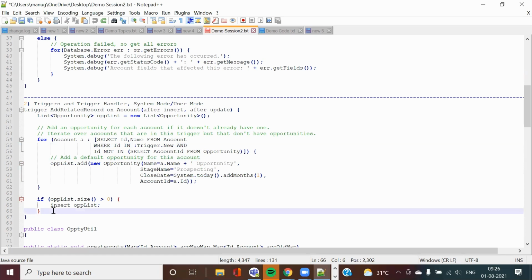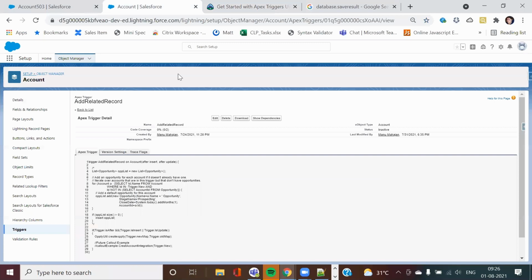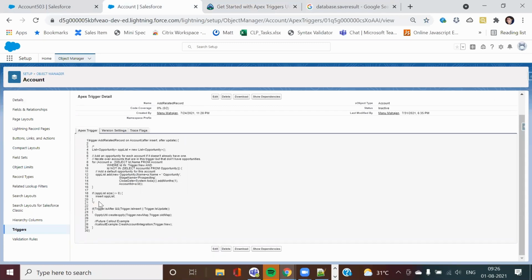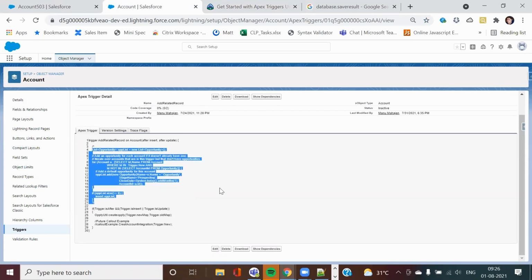Now this code, I did not do it in the developer console. I commented it out. The reason is that whenever you are doing triggers, you should always do it through handler classes. This is the best approach. This is fine in case you want to do testing on small projects. Whenever there is a huge project and client implementation, always do the trigger using handler classes. Let me show you the example.